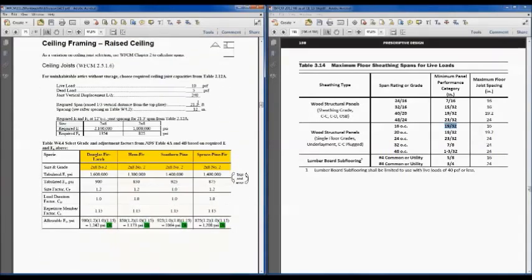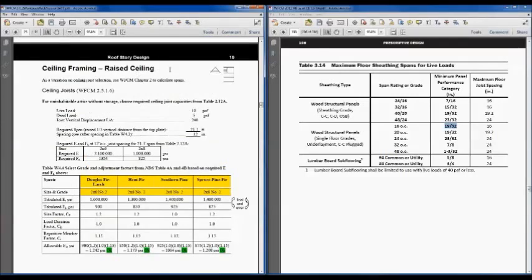Here's a good exercise for you. Back in the workbook again on page 19. Not going to take time here because we're pressed for time, but mention that raised ceiling joist in that vaulted ceiling. It doesn't have a floor load on it, but it does have a ceiling, so it's L over 240. The span is actually a 21-foot span, so that pretty much may exceed any ceiling joist tables that we would